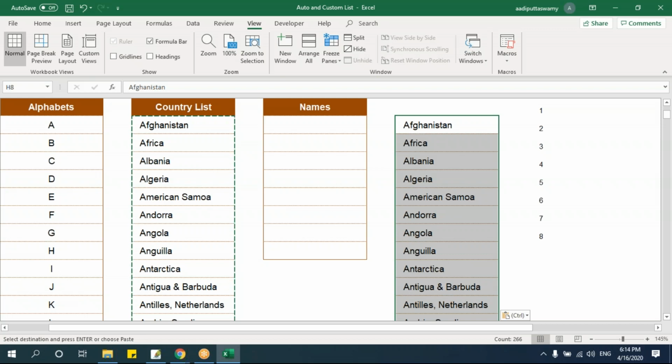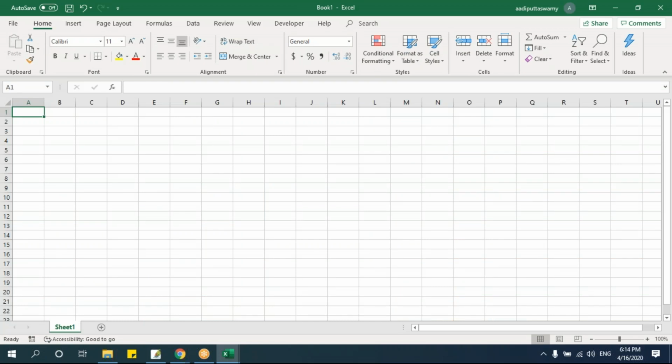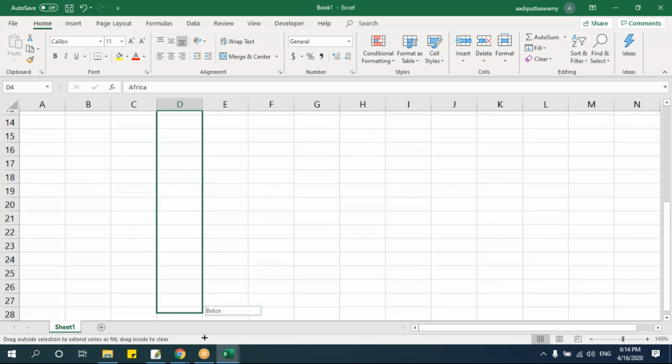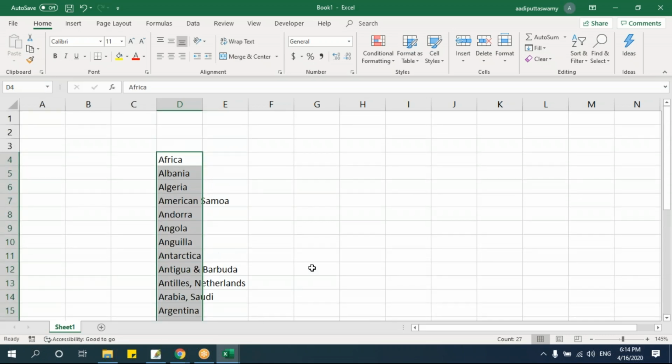So instead, I'll create this list in the edit custom list and keep it aside. Now, whenever I want, let's say I open a new file. The file which I had created, that list is closed. Now I'll go here and just type that name, let's say Africa. That's it. In any other new file, see, I can get these names. So you don't have to bother about opening the file which has the list, copying and pasting. This is the advantage.